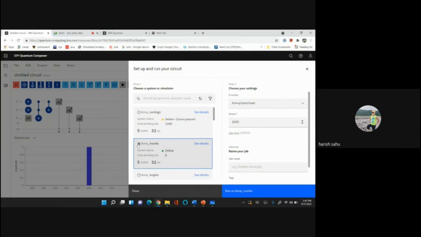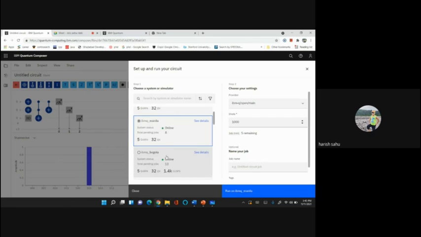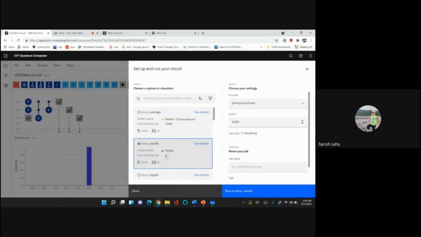Here, IBM Q Manila is available. This is the quantum computer's name, and it has 5 qubits. There are a total of 8 jobs pending, so it is less busy. I want to run this circuit on this IBM Manila quantum computer.